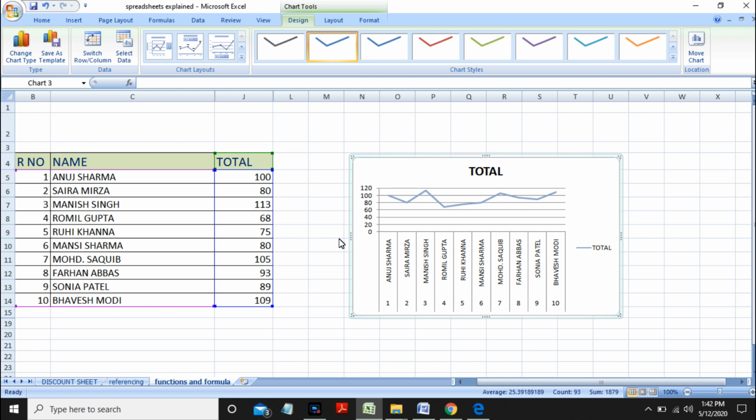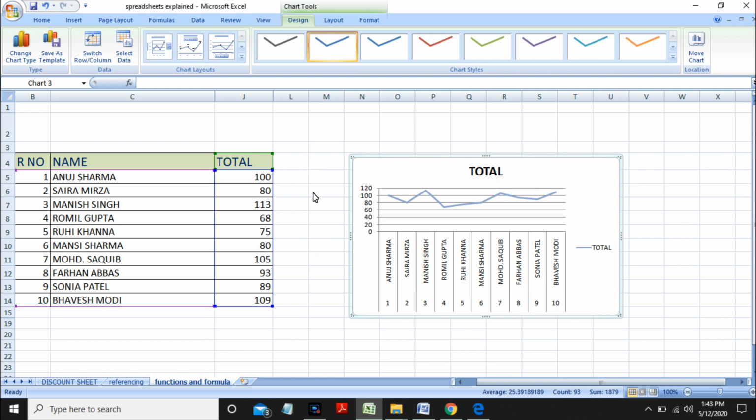Basically, this is generally suggested when you want to plot the data that is over a period of time. For instance, it could be over months, like if you could have scores of January test, you could have scores of February test, you could have scores of March test, then this would have been better, like showing from January to February the score has fallen or the score has risen. So this basically line chart is used when we are comparing the data items based on a fixed time interval rather than individual data items.